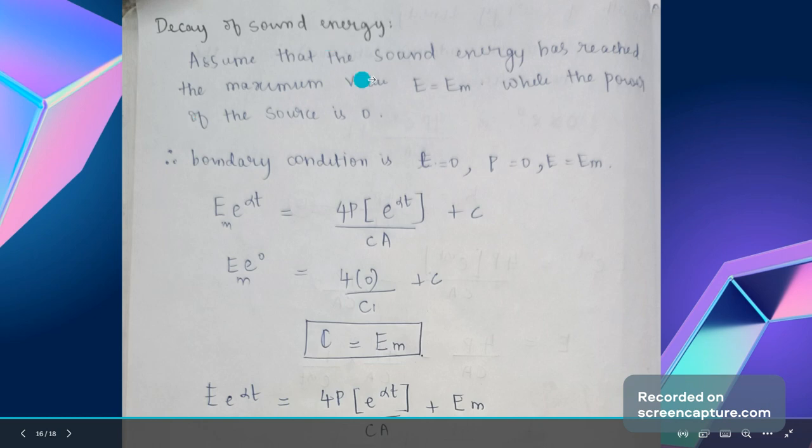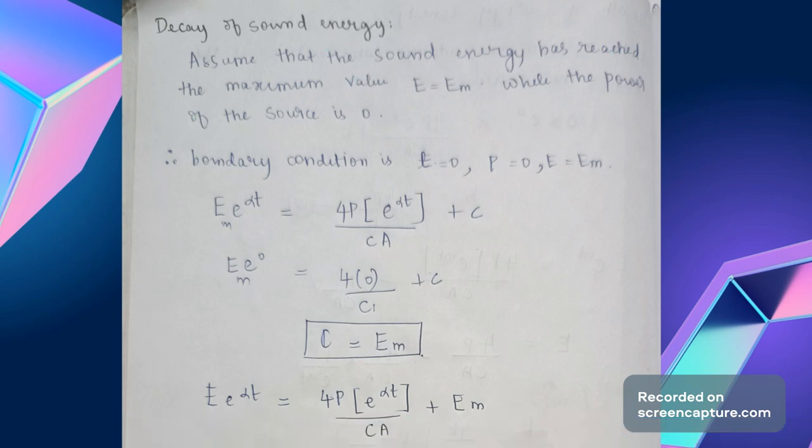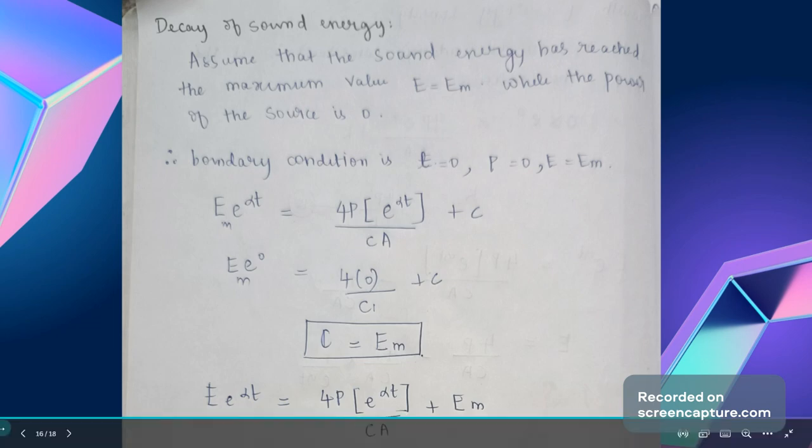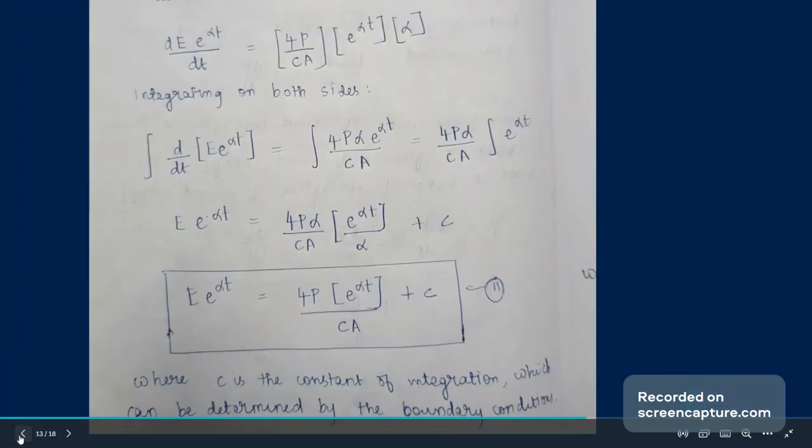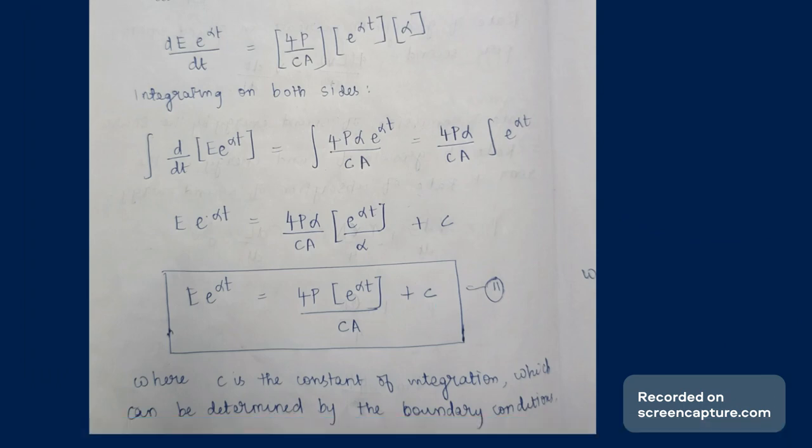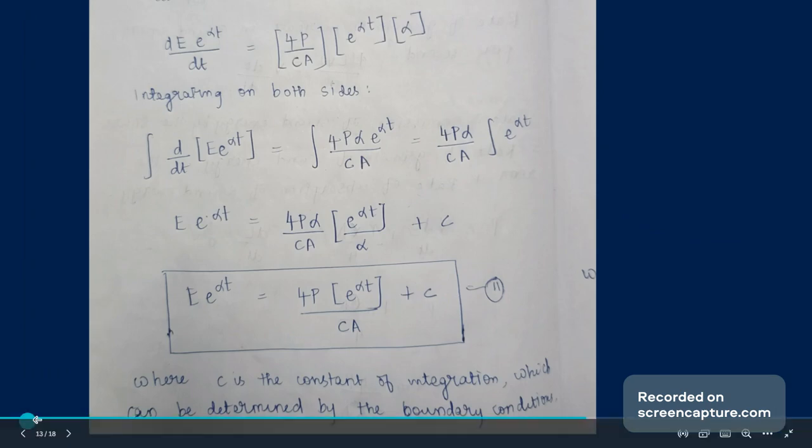Decay of sound energy. Assume that the sound energy has reached the maximum value, and then we remove the source, so the power of the source becomes zero. This is the boundary condition we assume for decay of sound energy. So we consider t equal to 0, P equal to 0, and E equal to Em. From the maximum energy, the energy is going to drop down slowly. Substituting it in the first equation, the 11th one, E e power alpha t is equal to 4P e power alpha t by CA plus C,